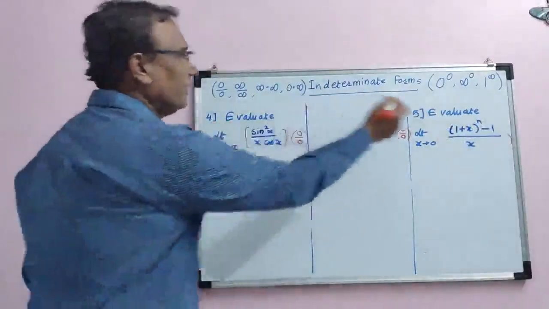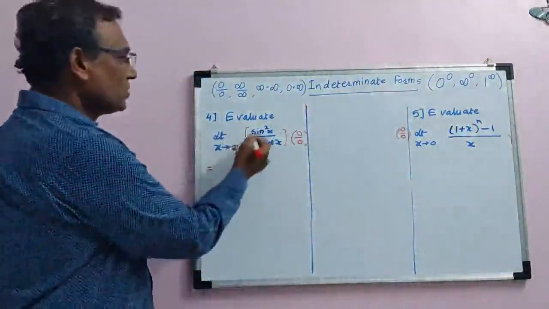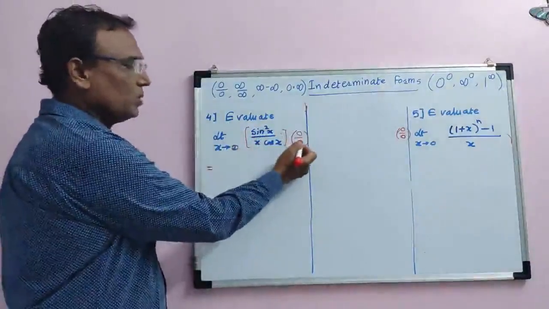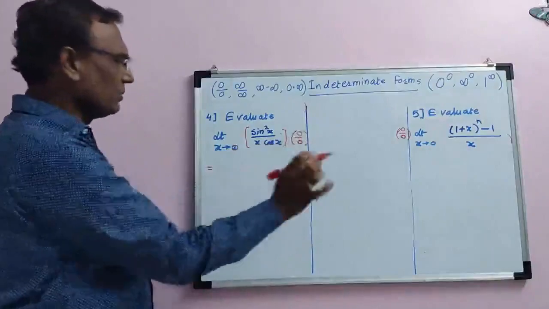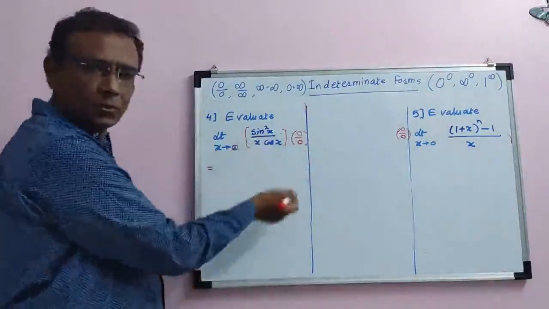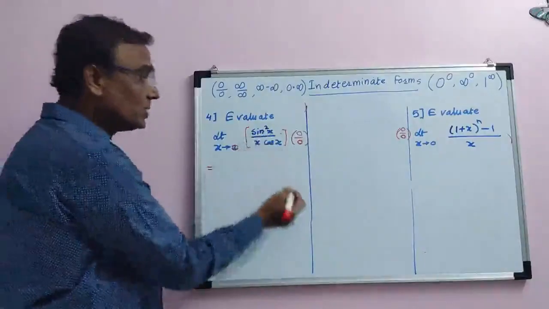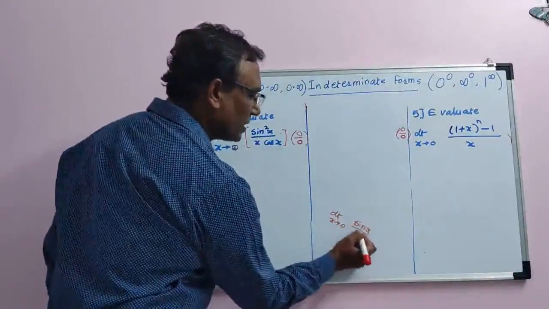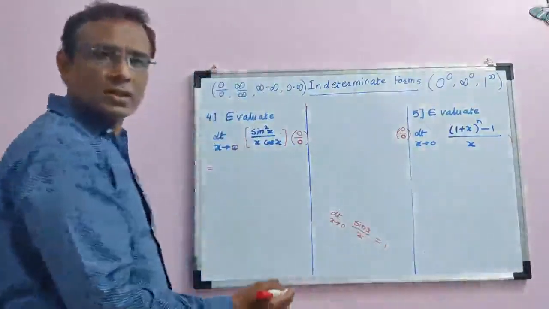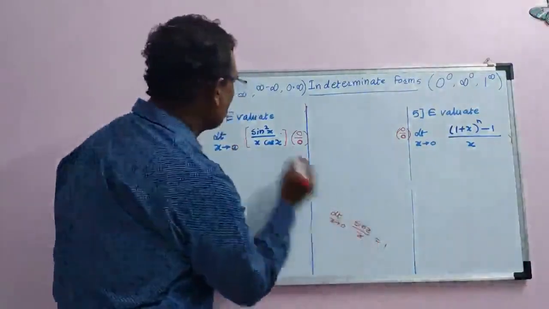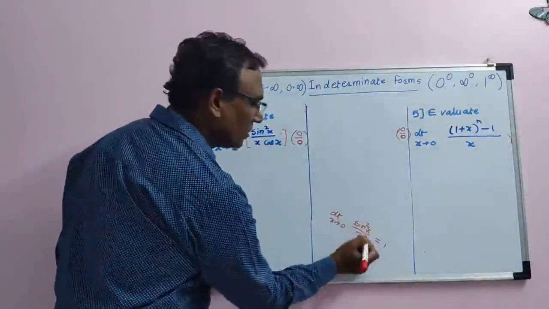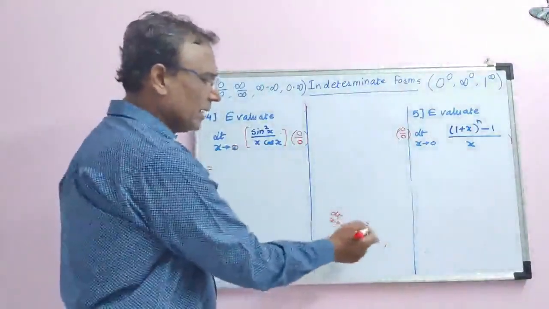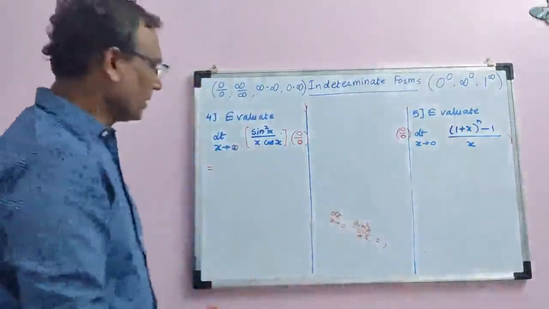Now, the fourth and fifth we are going to solve. Limit x tends to 0, sin square x by x cos x. If you put x equal to 0, the numerator will be 0 and the denominator is 0 for x equal to 0. It is very clear. So you can directly apply L'Hospital rule, or you can use this formula and simplify it. Limit sin x by x equal to 1. So there are chances that this formula can be used, but here we have sin square x. So limit x tends to 0, sin square x by x square equal to 1. Sin x whole square and sin square x is the same thing.